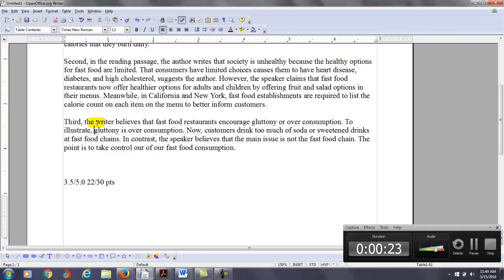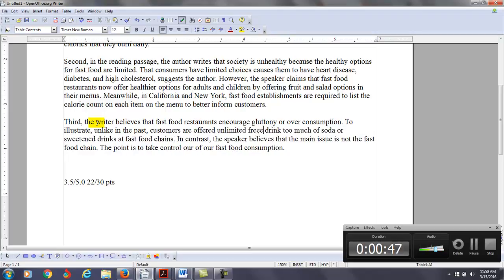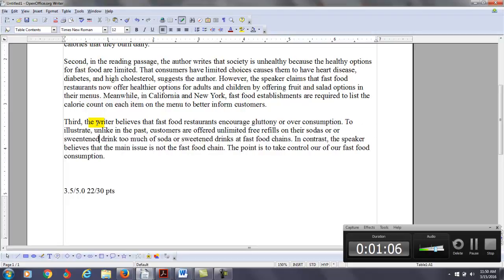And then when you say to illustrate, customers are offered, you might want to say something like, unlike in the past, customers are offered unlimited free refills on their sodas or other sweetened beverages.